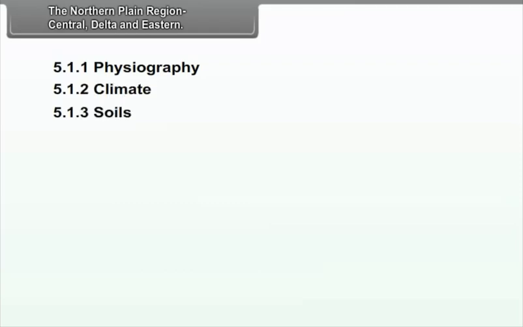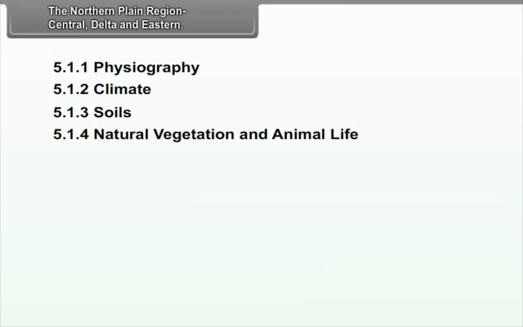Chapter 5, the Northern Plain region: Central, Delta and Eastern. We will study the following points in this chapter: physiography, climate, soils, natural vegetation, population and settlement,